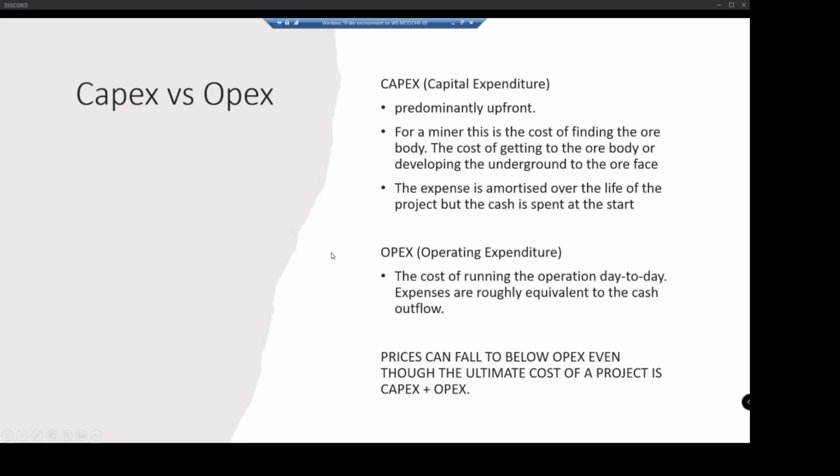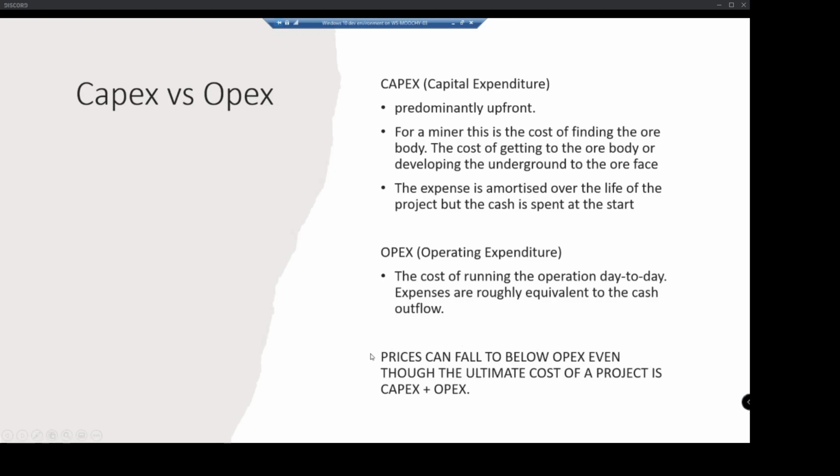And then operating expenditure is just the day-to-day. Once you're actually digging the stuff up, operating expenditure is what you're paying today, the cash outflow going out today for digging up. So that's usually on a unit basis. And I'll give you an example later on, but in oil and gas, for example, the operating expenditure, i.e. the amount they spend day to day just to pull it out once it's already constructed, is very low. They're paying for the electricity to run the pumps, basically, and then the dudes that make sure the thing doesn't blow up. That's basically what they're paying for.